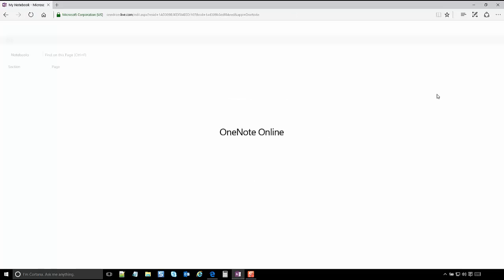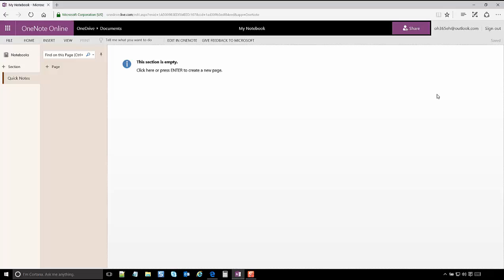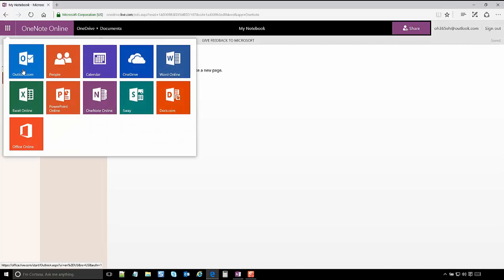The first time you log in, Microsoft will automatically set up a default notebook called My Notebook, and it will be stored in your OneDrive account. One thing to notice is if we click on the task switcher, we can see a list of all the other features that you have as part of your Microsoft account. You get an email address, a list of contacts, a calendar, and the OneDrive, which is essentially a storage space. You should, for the free account, have 5 gigs of space to use. If you need more, you can pay for an Office 365 account, which will give you 1 terabyte of space